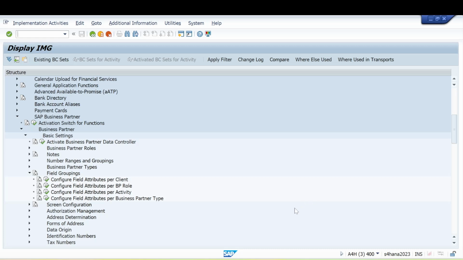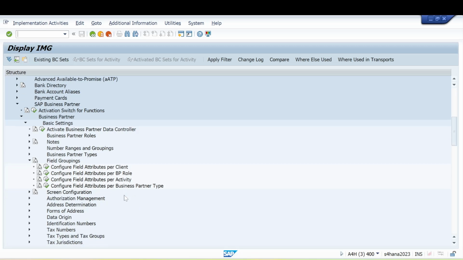Then in basic settings, we will go to field grouping here. Then here you can see Configure Field Attributes. Configure Field Attributes per BP Role. This one.